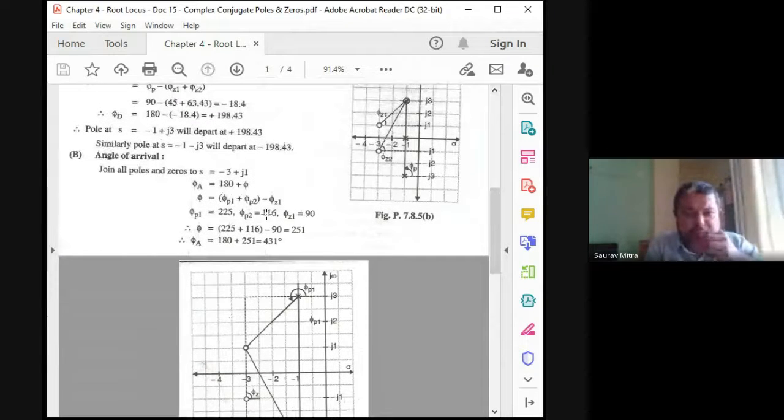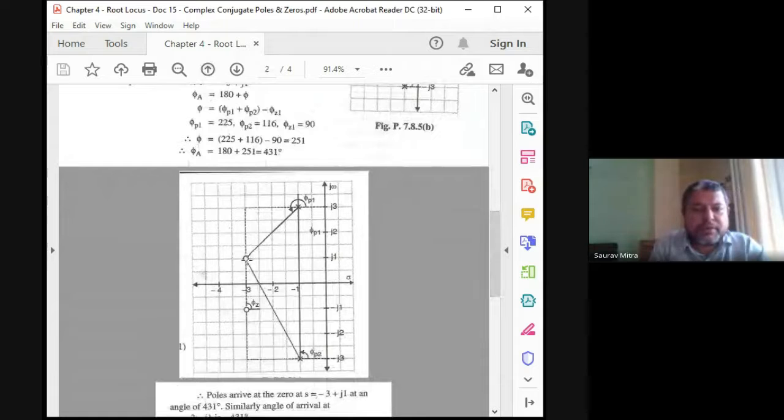Okay. So we are trying to find what's the join angle. So join poles at zeros to -3 plus j. That means first pole, first join this -3 plus j. From here you join this. Okay. So this angle is going to be phi p1. And then from -3 plus j you join this one. Okay. This pole 2, which is at -1 minus 3j. That means this whole angle. Okay, so from here to here this is the thing, and from here to here actually this angle we have to find as phi p2. So phi p2 angle is shown here wrong. Actually phi p2 angle will be from here to this whole angle. Okay, so this is going to be actually phi p2, and we have calculated it to be 116 degree, and